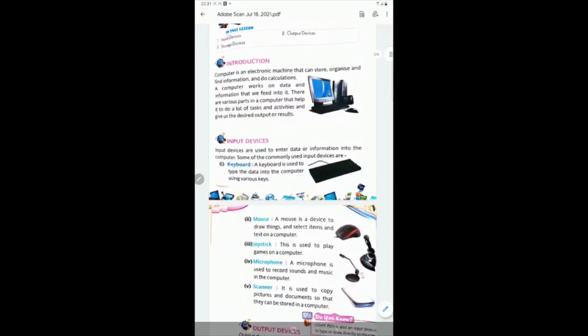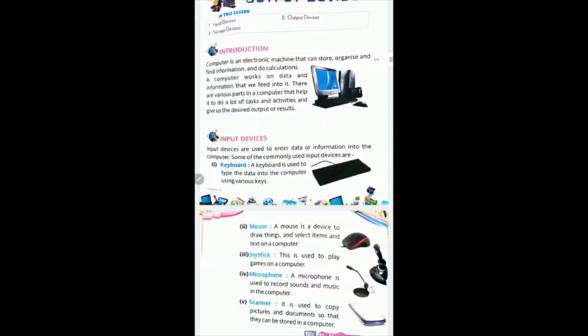So children, first of all I am reading the paragraph of introduction. Computer is an electronic machine that can store, organize and find information and do calculations. So in this line you can learn that a computer is an electronic device, an electronic machine. Electronic machine means it runs by electricity, and a computer works on data.